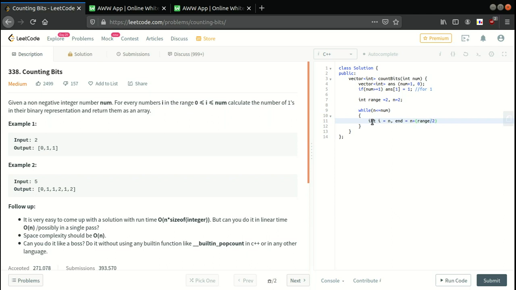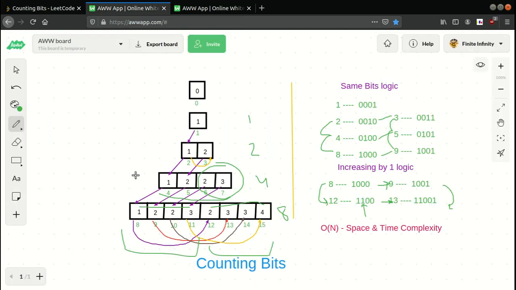It is basically the mid portion of the new array. So suppose I have this array already calculated, and I want to calculate this one. First I have to copy all the entries of this array into this one. So I am taking half of this array.